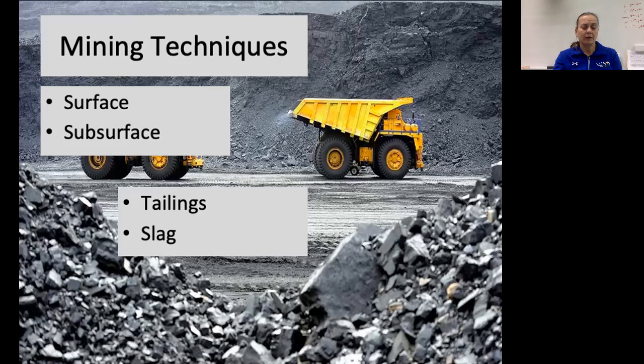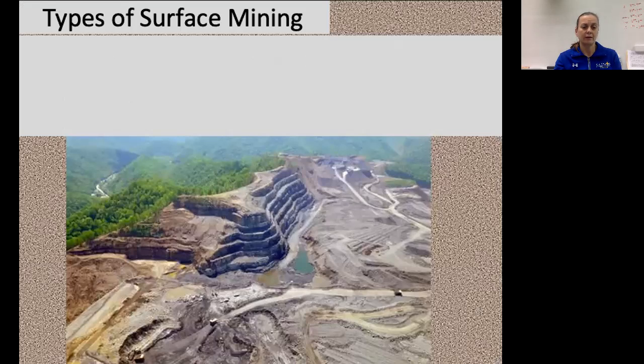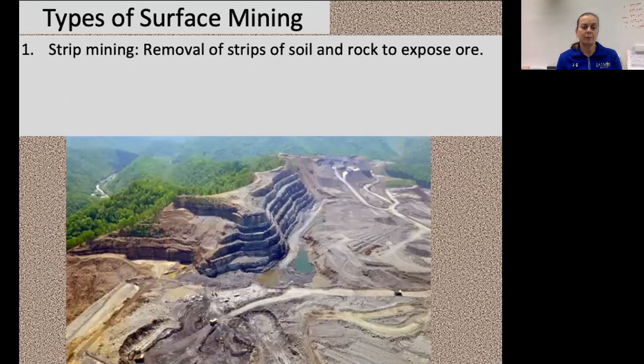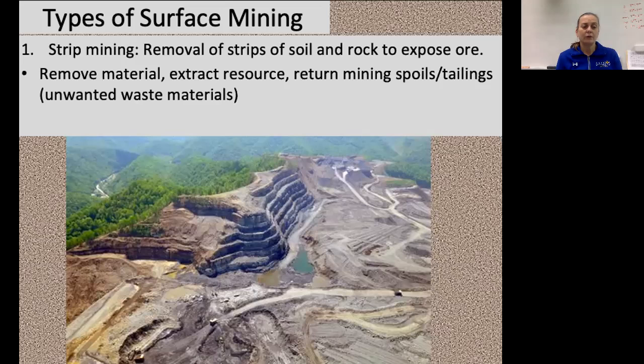So let's talk about types of surface mining. The first one that we're going to talk about is strip mining. When we talk about strip mining, we're talking about the removal of strips of soil or rock in order to expose the ore that is near the surface. All surface mining is, generally speaking, within 100 feet of the surface. In order to strip mine, we're going to remove that material. We're going to extract the resource, sometimes on site, and sometimes it has to be trucked away to an extraction point. And then we're going to return those spoils and tailings, those unwanted waste materials, back to the area from